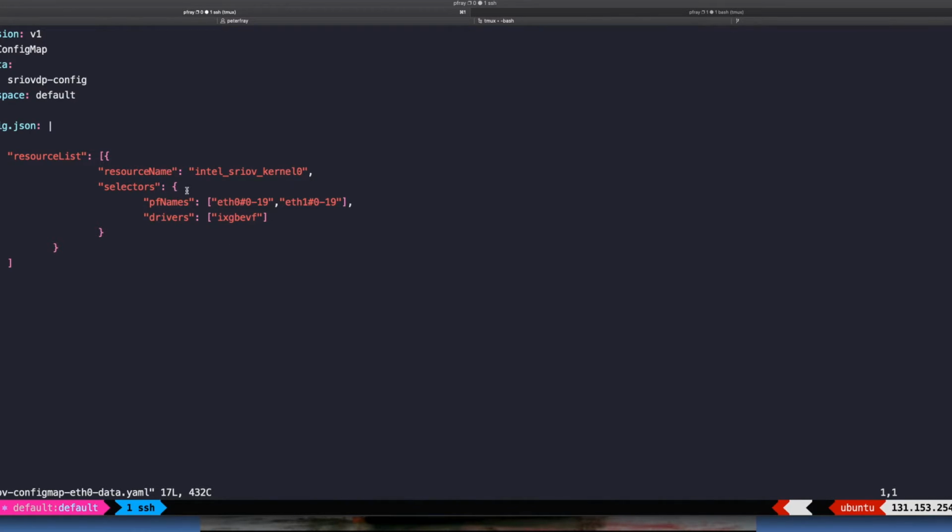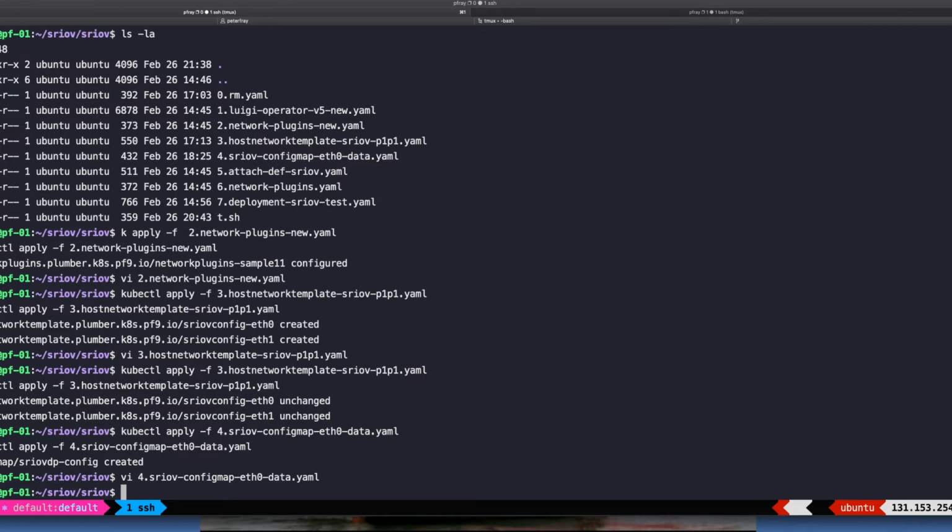So inside of those boxes, inside of Kubernetes, we have a resource name called SRIOV kernel 0. The Ethernet names are going to be named ETH0 and then a number 0 through 19 for the 20 different resources that we're creating on each one of these interfaces. And then you can see the driver again. Here is the Intel driver for SRIOV. Alright, now kubectl apply